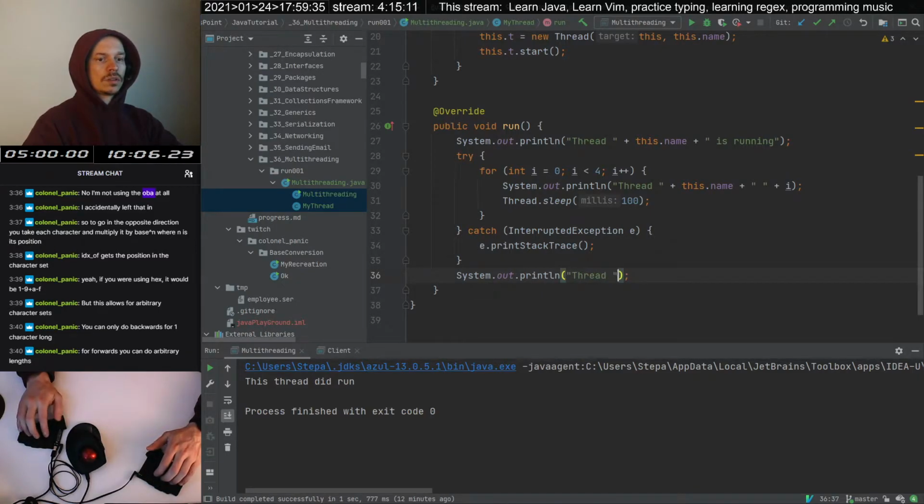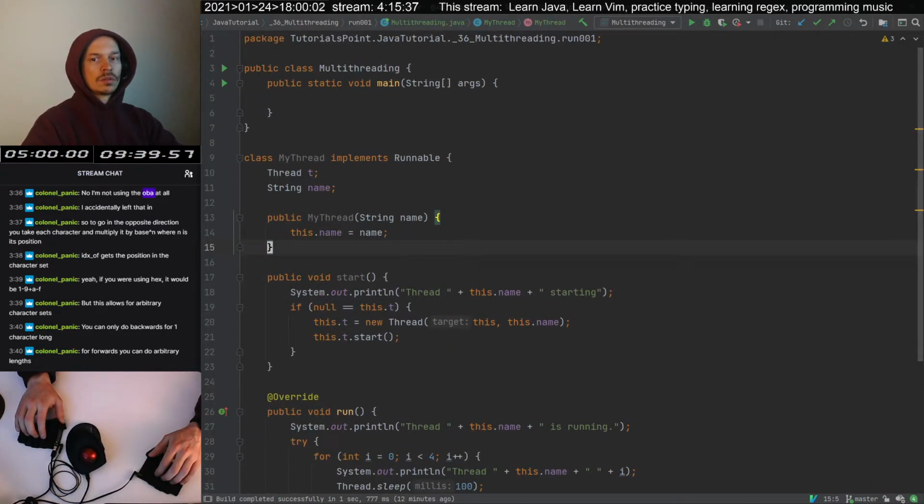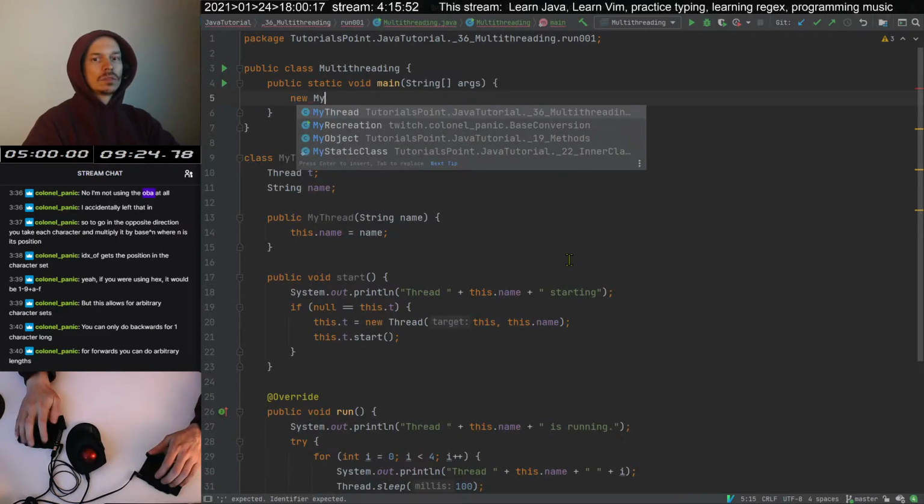Thread this dot name is exiting. Okay. Now I want here we will create two threads, two my threads. So new my thread first, and then